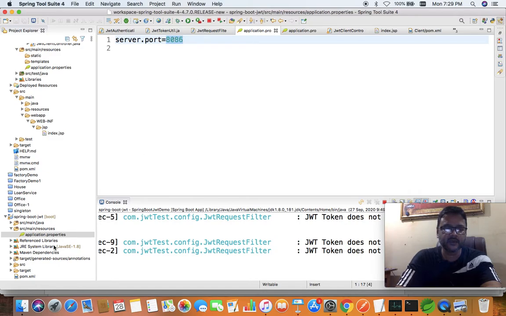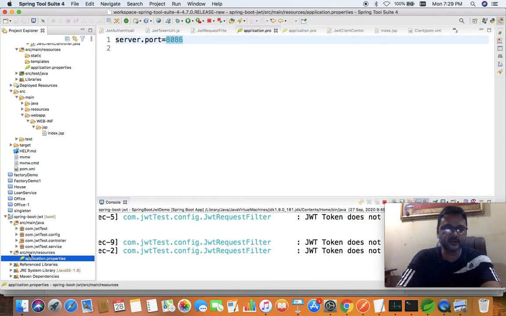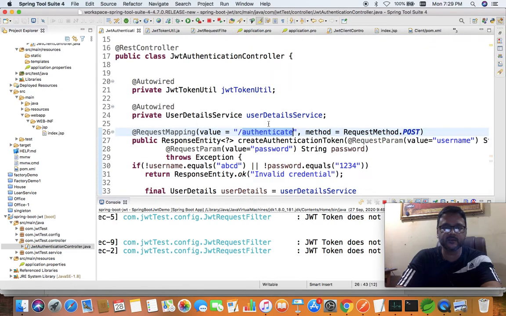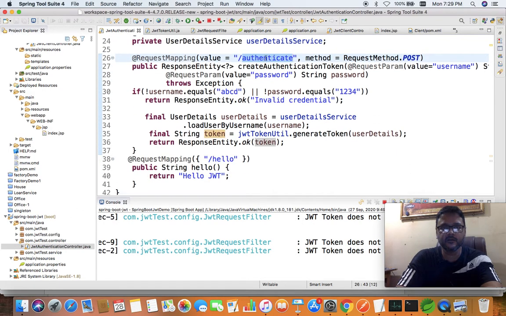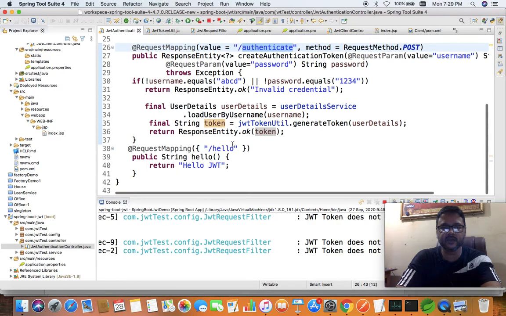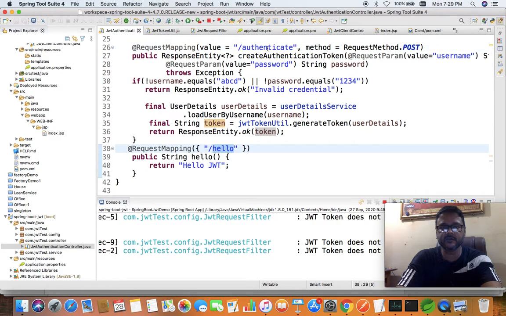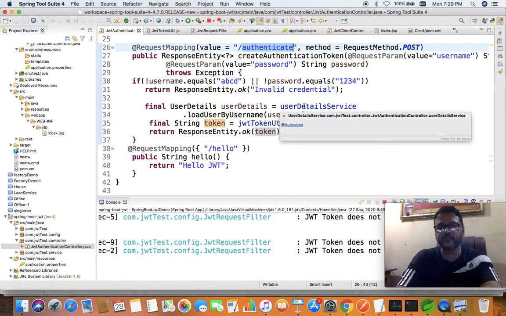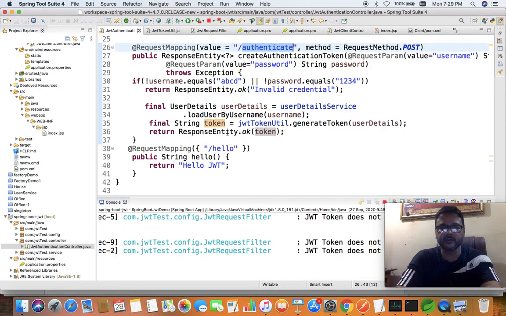It has a controller that generates two endpoints: one is authenticate, and the second one is hello. Authenticate is the endpoint which gives the JWT after validating the user, or after authorization of the user. Then the hello endpoint can be accessed by the user by supplying the JWT.